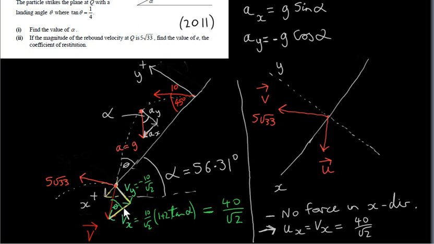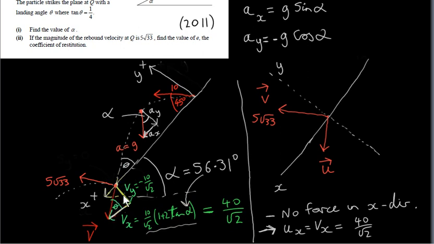Now let's look at the x component of the velocity of the particle before it rebounds. Well, we know it's equal to this here. We saw that earlier. But now that we know alpha, we can plug 56.31 in for alpha and break this down. The tan of alpha was 3 over 2 as you saw earlier. 3 over 2 times 2 is 3. 3 plus 1 is 4. 4 times 10 is 40. So we get 40 over root 2 for the x component of the velocity of the particle just before it